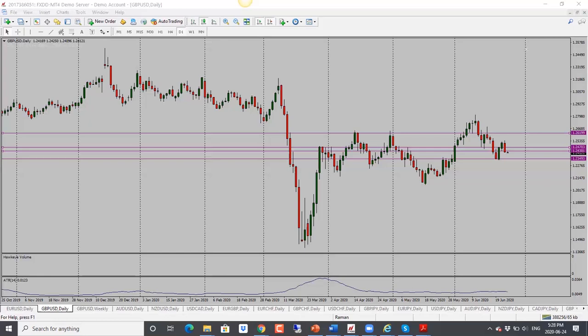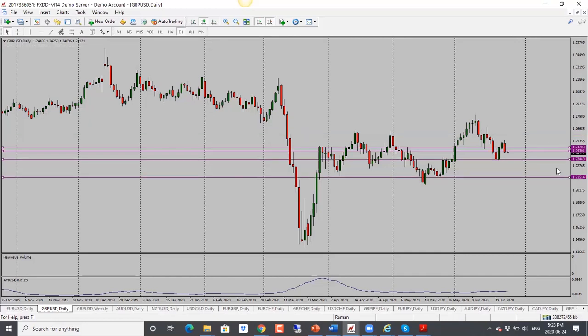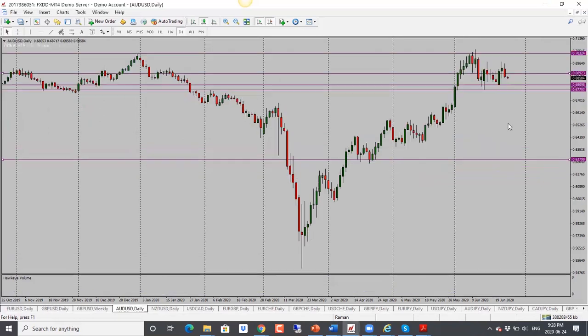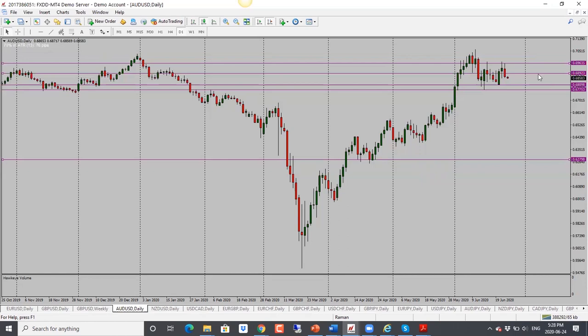First target is the bottom here of this candle, 1.2350. And then second target here would be 1.2260. So bias here is bearish for pound dollar as well. Aussie dollar here, this one is bearish. Aussie dollar and New Zealand dollar especially tend to drop when the stock market sentiment goes into the risk off mode, which we saw today, and this is why we have seen a drop here as well. So bias again is bearish.